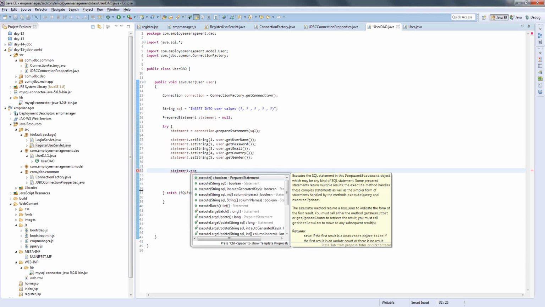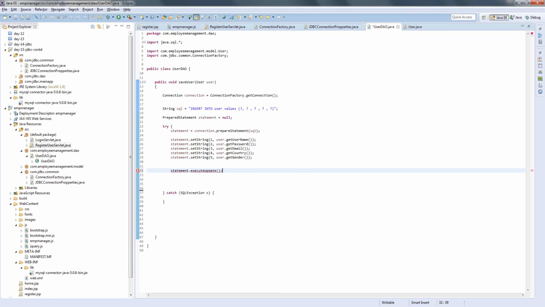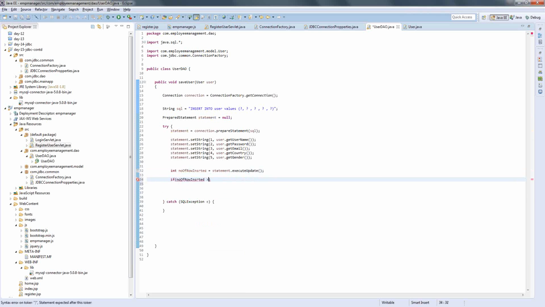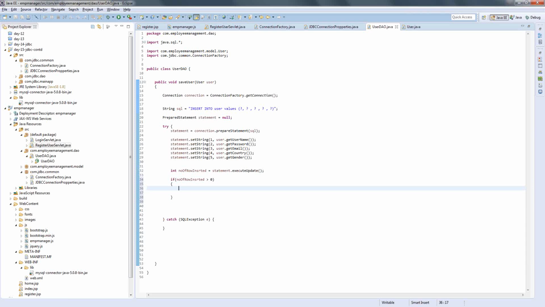So we have set all these values here, okay, and then we can simply say statement dot execute update, and it will return the number of rows inserted. The number of rows inserted should be greater than 0 in order to make a successful entry. So we'll just check whether the number of rows is greater than 0, and we'll print something like user has been created